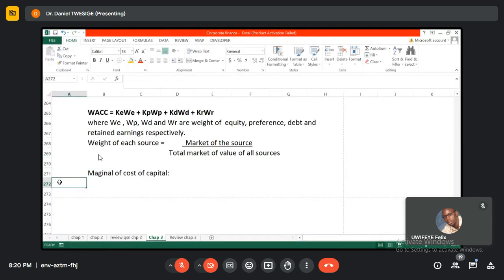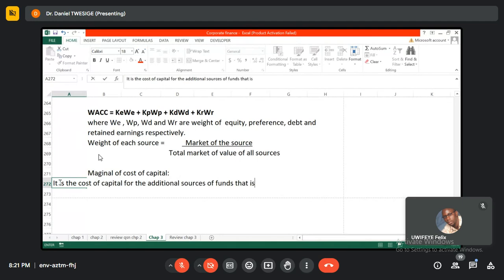And you can say that it is the cost of capital for the additional sources of funds that is used to invest. So if I'm operating